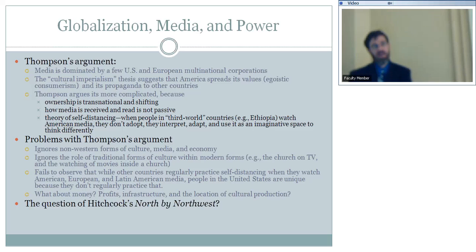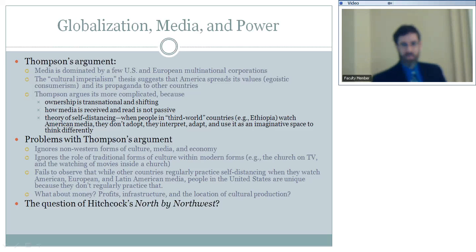So they're basically saying, oh, that's really weird, the way these Americans all run on the beach and ski. And then they think about their own society, and they wonder if they should do something differently. And guess what? Nobody in Ethiopia ever said, yeah, let's go run on the beach. Right? Nobody's doing that. But they are watching the shows and they are thinking differently. They use it the same way that you might use a science fiction story where you're imagining life on other planets. That's how people in other countries watch American movies. It's like watching something that's happening on Mars in space. So that's his argument that complicates the cultural imperialism argument.